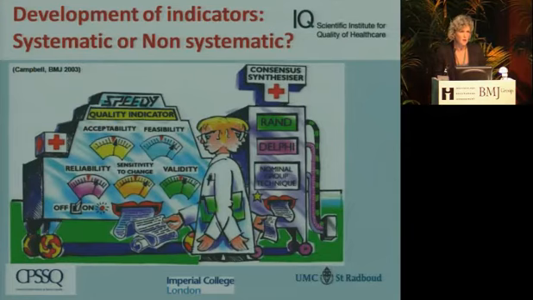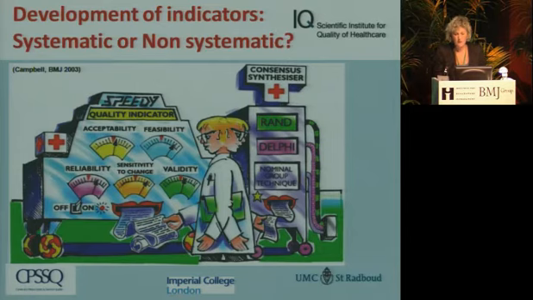You don't know exactly what the reliability and the validity is of these indicators. And when you use non-systematic approaches, it's also not so obvious what the evidence of the indicators is. Therefore, systematic approaches combining evidence and expert opinion are preferred, as they help to maximize the quality of the